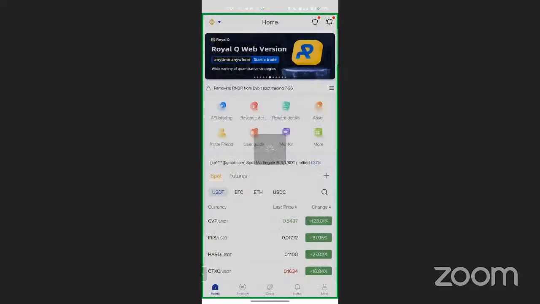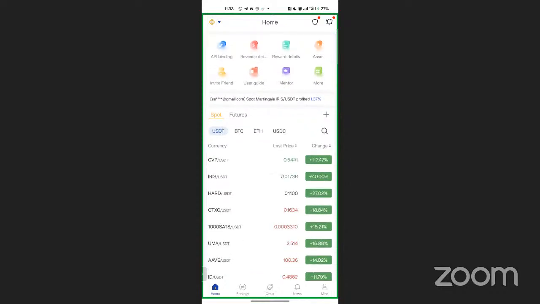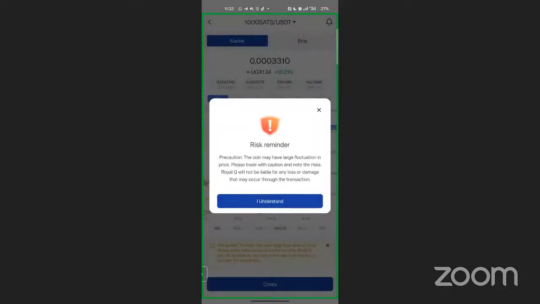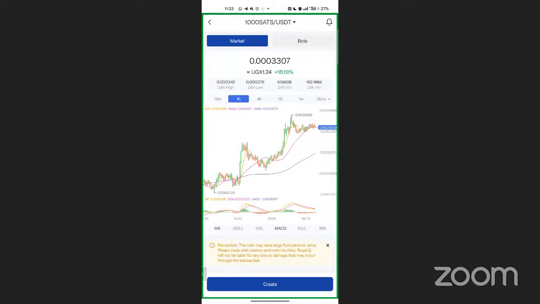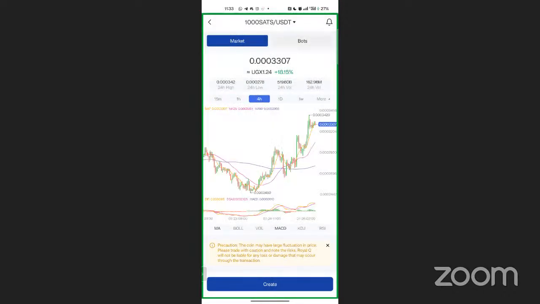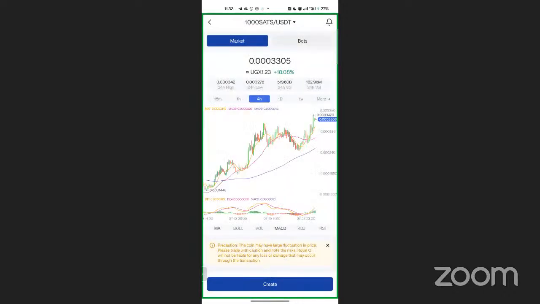Let me look for another coin that is pumping. It's called 1000 sats. This one I advise anyone who has capital, you can put it on cycle. This coin will make money for you throughout this season. Give it a 50% drop and put it in a cycle if you have money. Also use this trick I've given you.